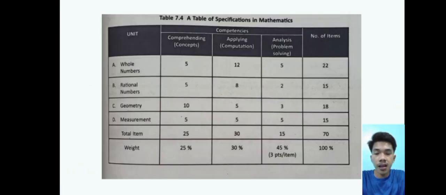As we can see, three elements are being presented: the content or the unit, the competencies or the cognitive level, and the weight of every test item that is allocated to every competency. Here, planning a test like a final examination may be presented by showing the different units of study. The different competencies provided here are comprehending, applying concept, and the analysis or the problem solving. By showing the different units of study that are meant to develop similar learning outcomes,